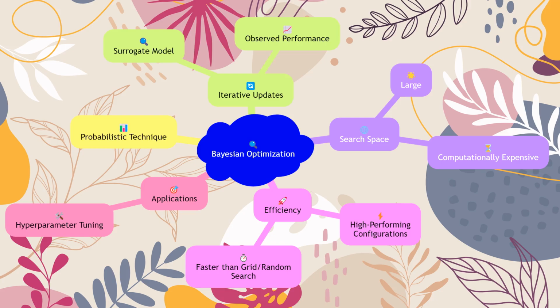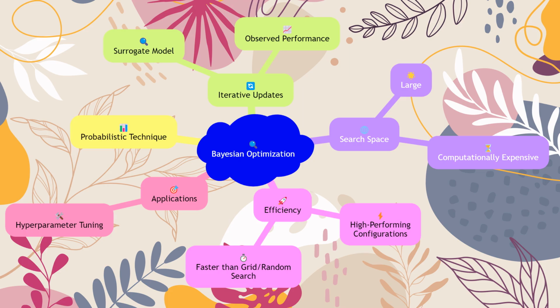Bayesian optimization is a probabilistic technique that uses a surrogate model to predict the performance of different configurations within the search space. By iteratively updating the surrogate model based on observed performance, Bayesian optimization can efficiently identify promising configurations. This technique is particularly useful when the search space is large and the evaluation of each configuration is computationally expensive. Bayesian optimization can often find high-performing configurations more quickly than grid search or random search, making it a popular choice